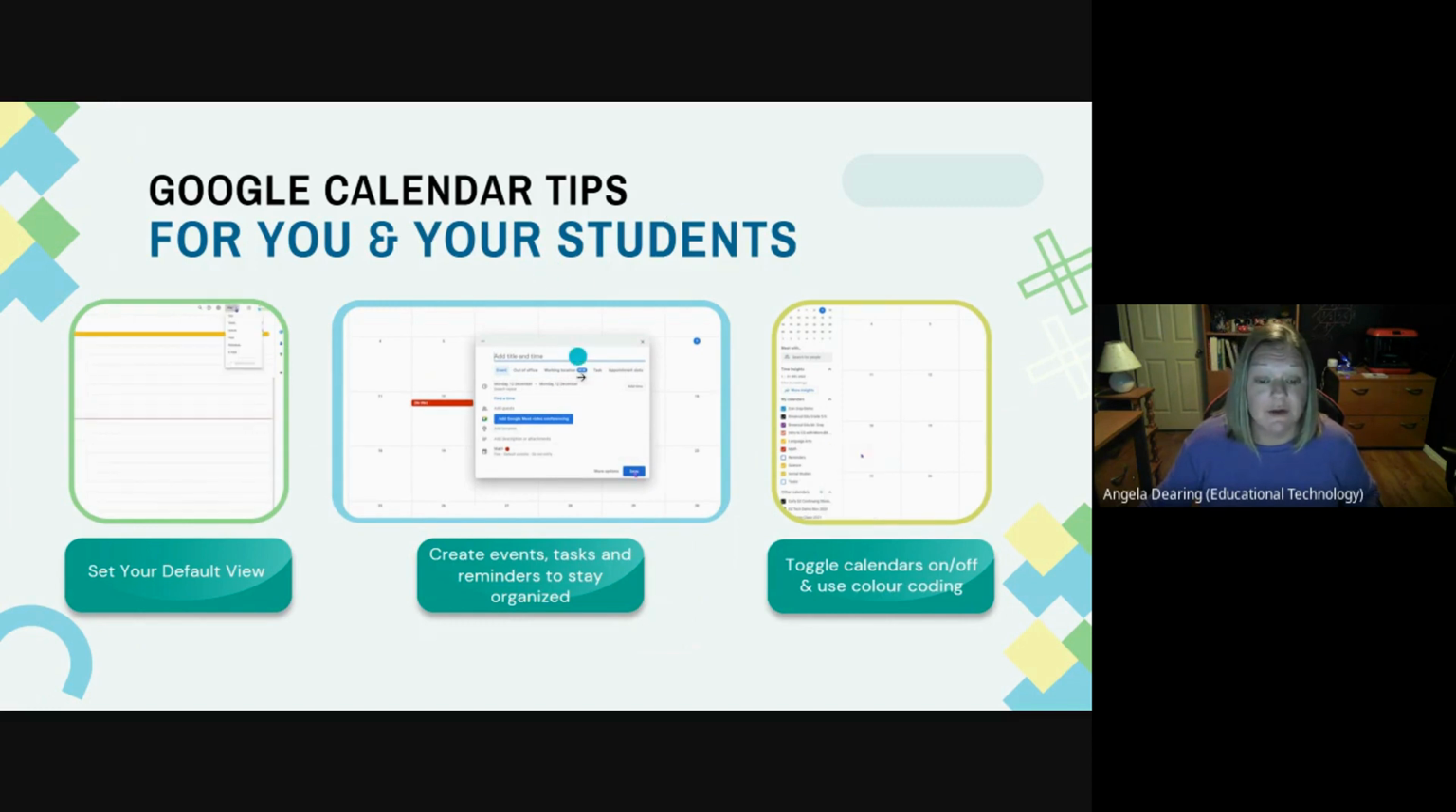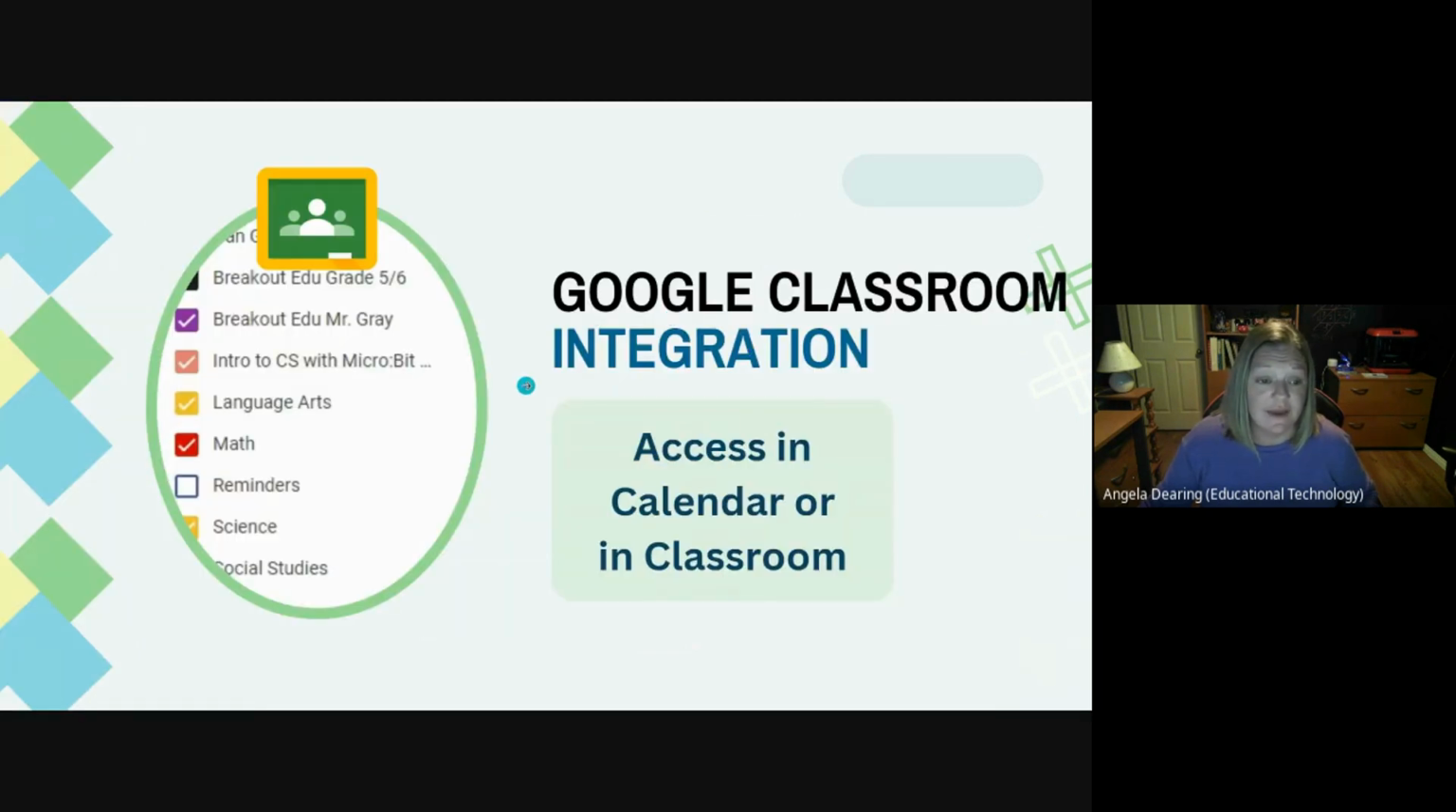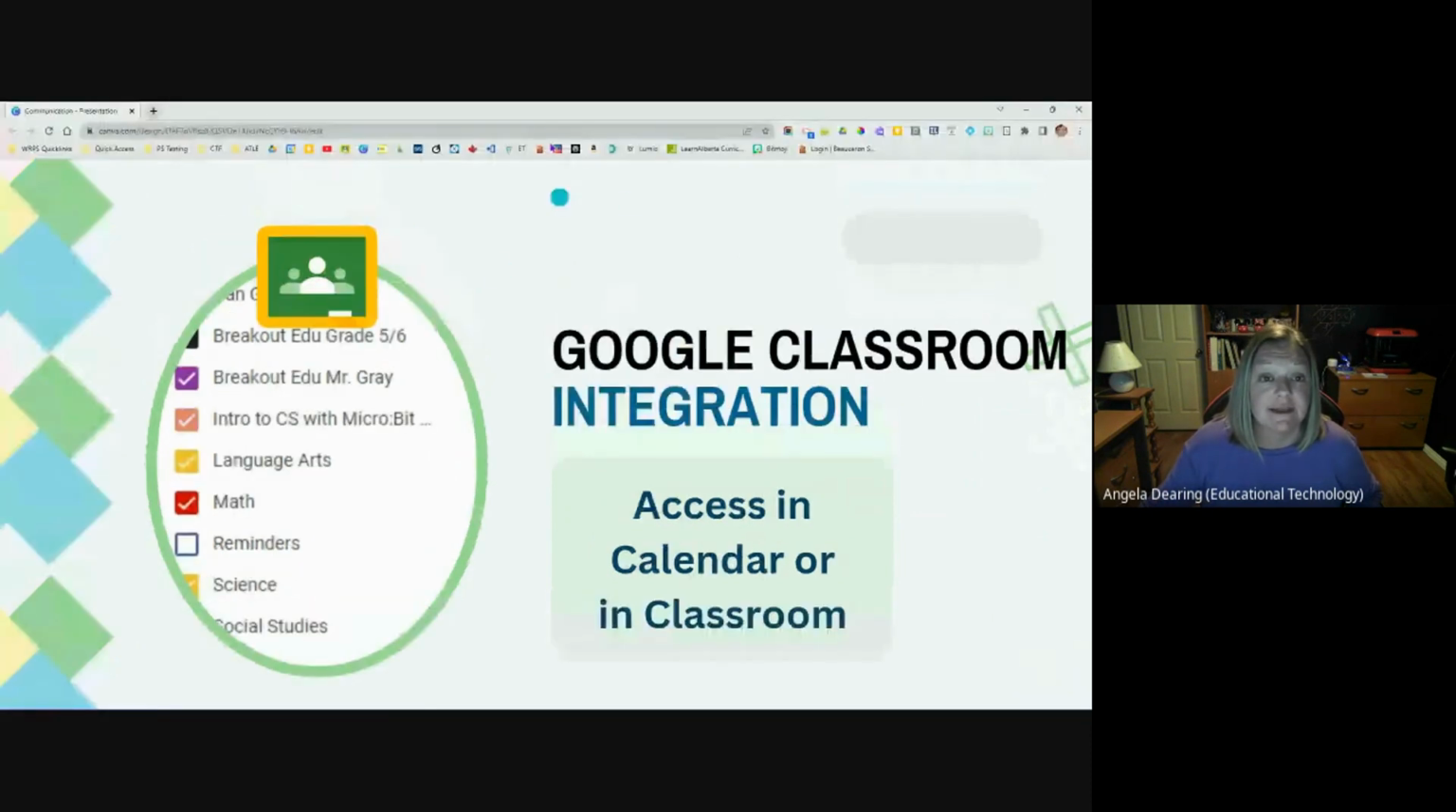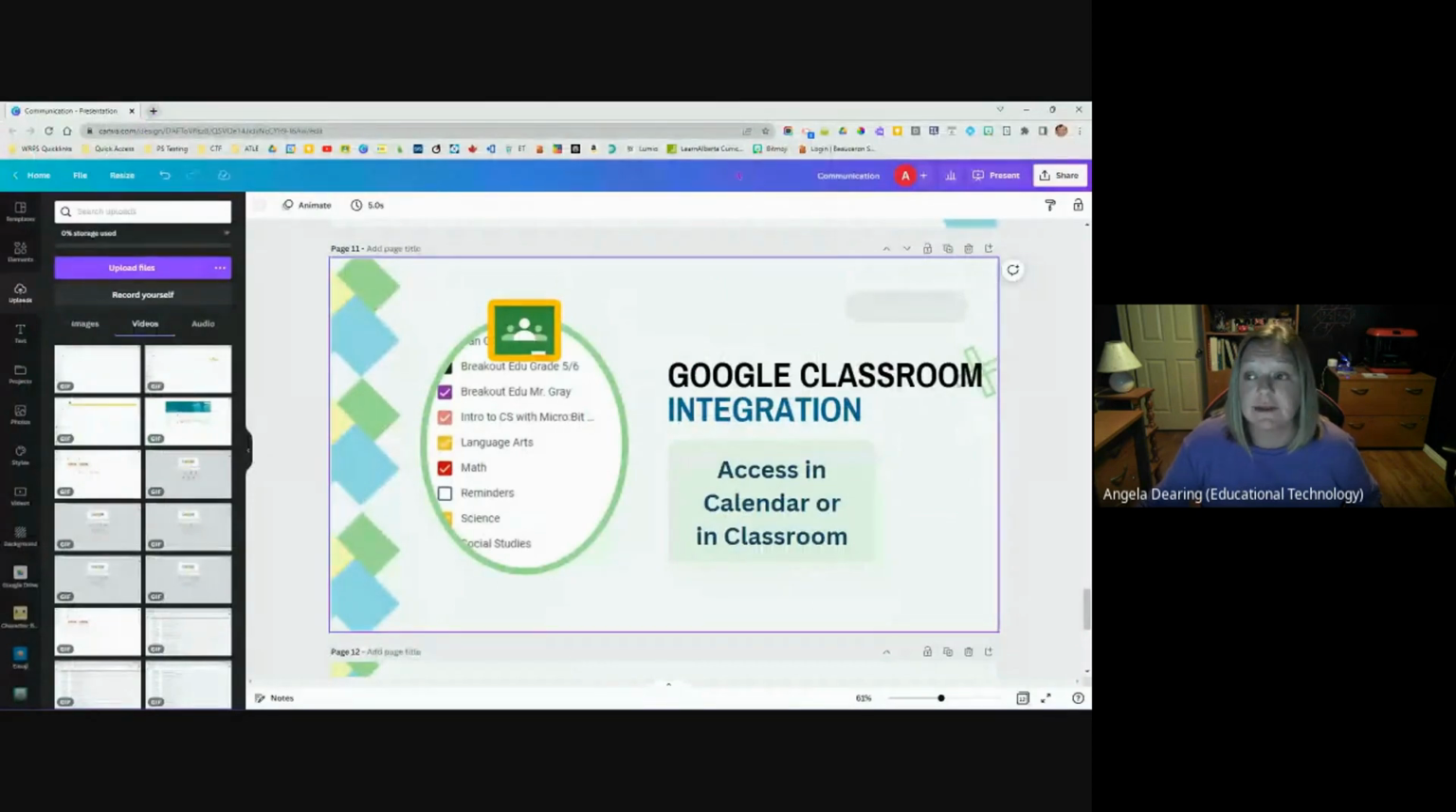Now I want to talk about the Google Classroom integrations, and we'll actually jump over to Google Classroom for that. And just one note, with these Google Classroom calendars that you have within the calendar app, if you create something in Google Classroom with a due date, it always goes back to calendar. But if you create an event in calendar, it does not push through to the Google Classroom version of that calendar. So we'll just have a look at what that looks like